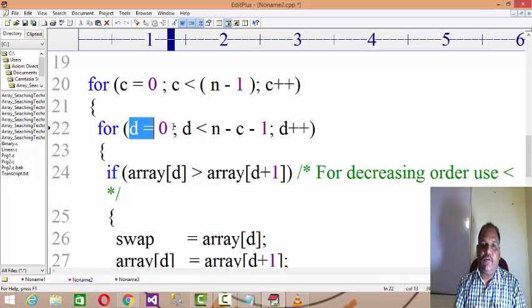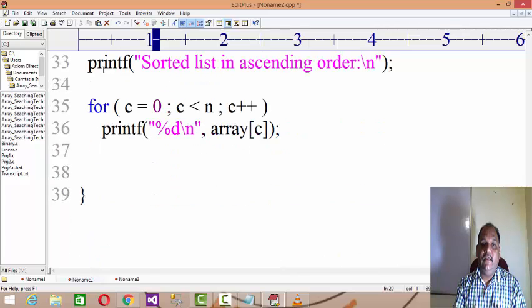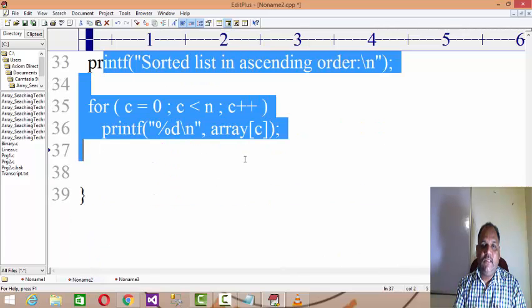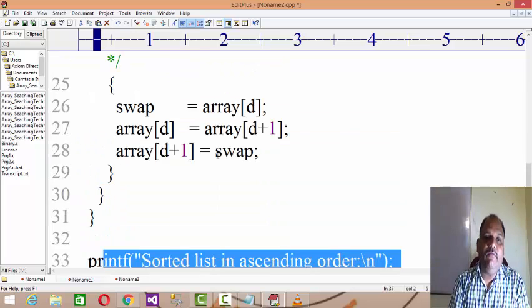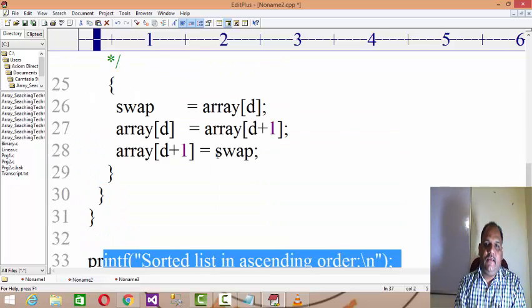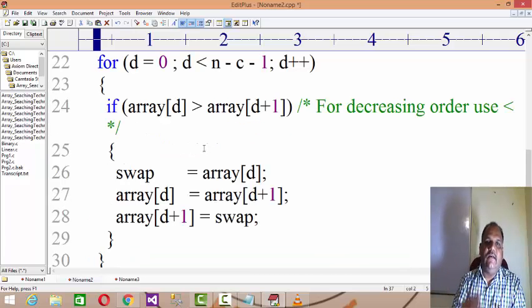So if now C is 1, again you start with the 0 to something, C is 2. If you repeat in this way, you will find the data will be arranged in the sorted array over there. Obviously, while dealing with the sorting algorithms, you need to test the code. You need to write the iteration tables, because understanding these sorting algorithms by using a code sometimes becomes tough. You have to write the iteration table, means at the first phase what happened, second phase what happened. In this way, probably you can understand the sorting algorithms.